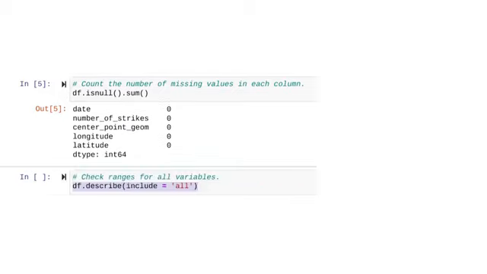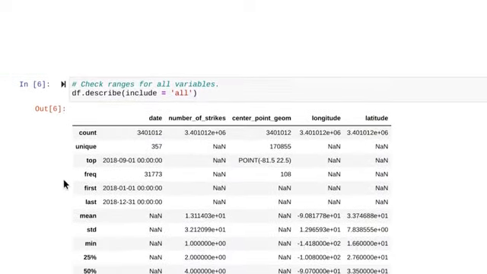Next, for this data set, let's review the ranges of all the variables. In this review, we will check the highest and the lowest values of each column and the overall distribution of values. To do this, we'll use the describe function, which you may recall from a previous video. In the argument field, we'll use the parameter include equals all. This will tell the notebook to include every parameter covered by the describe function.